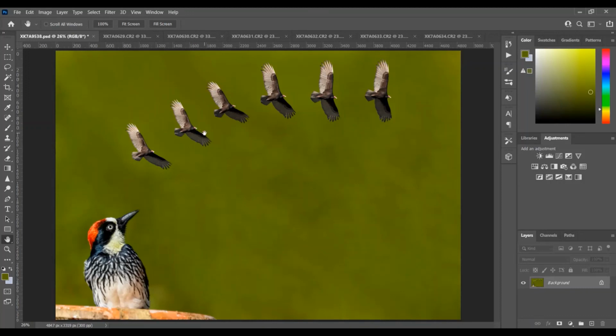This is how we can create a composite image by using various images and create a story out of it. I'm not the purist kind of person. You can play around with your own images and present them the way you want, because you can create a lot of stories out of the not so important images.